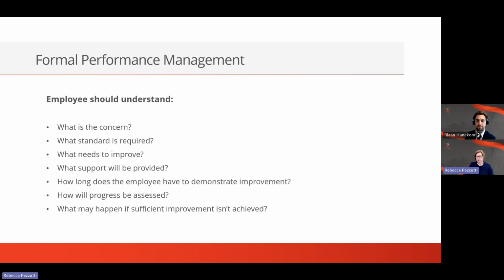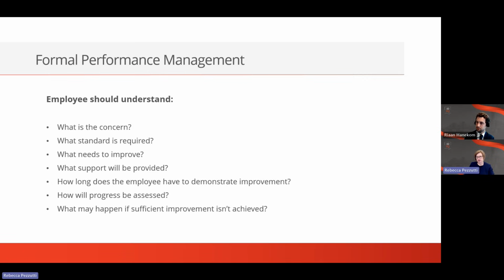So, when a PIP's put together, we don't simply hand it to the employee and say, okay, we'll see you in 6 weeks, if that's one of the timeframes for achievement. Regular check-ins are a really useful way to stay connected to the progress of that performance improvement. And at those regular check-ins, discuss what's improved, what remains below the required standard, is the agreed support being provided? Are there any new issues or barriers? And what needs to happen before the next check-in?